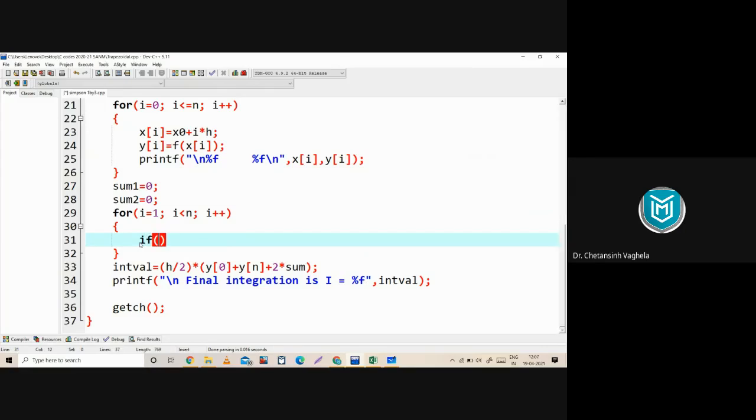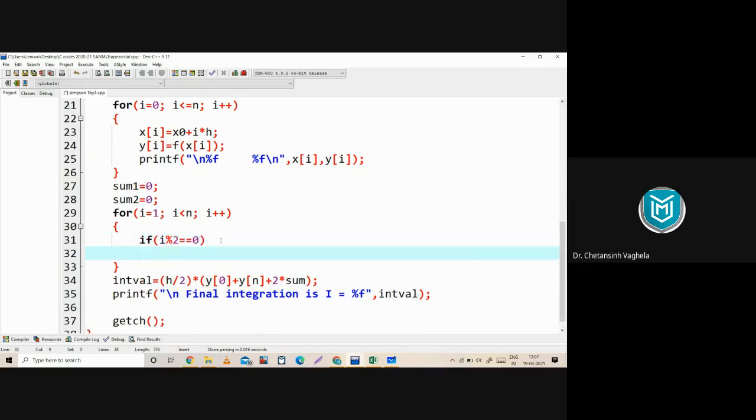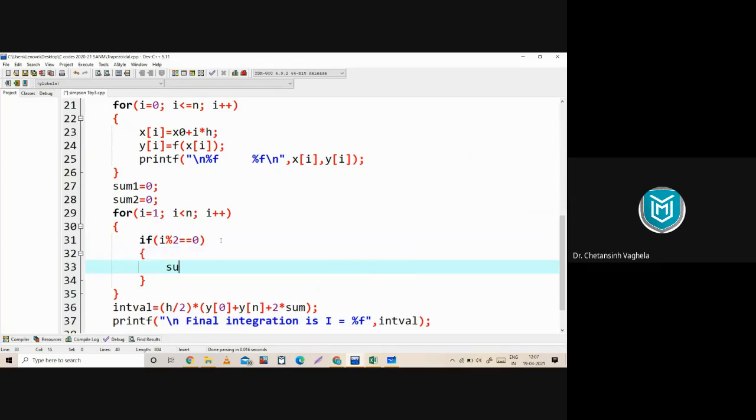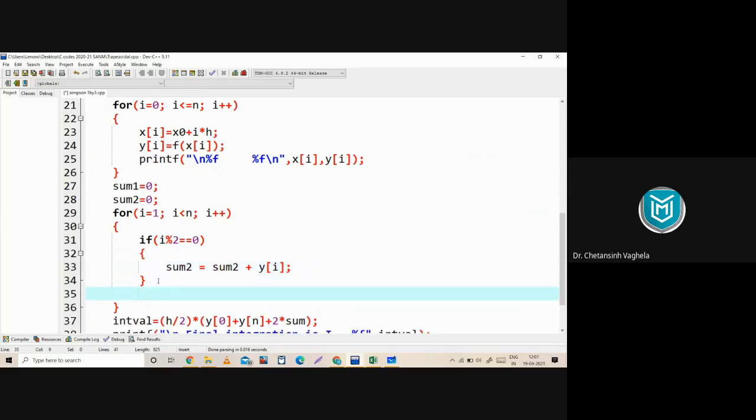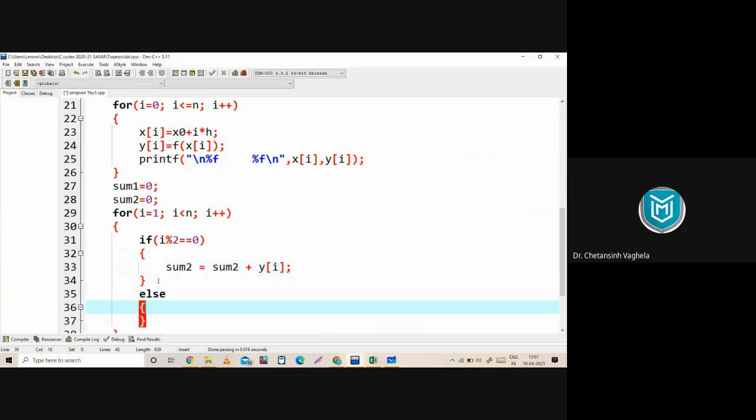So if I modulo division 2 equal to 0, then this should go to sum 2 equal to sum 2 plus y of I and a semicolon. And in the else part, it will go to sum 1 equal to sum 1 plus y of I.